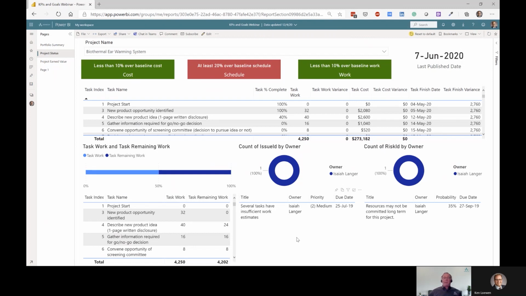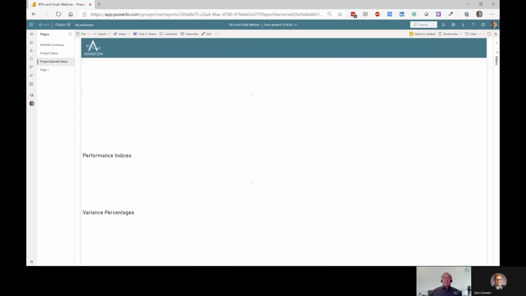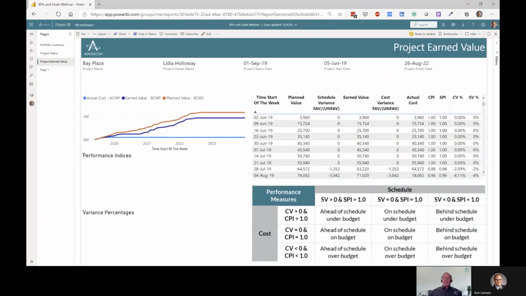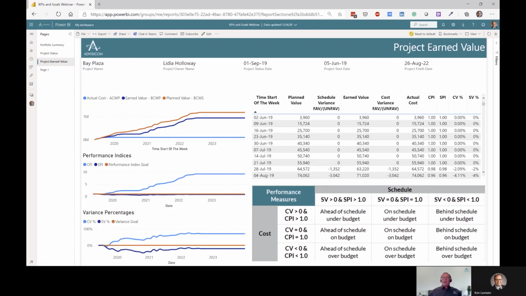And then we may need to simplify. We want simple definitions so that people are easily able to interpret the information, and we may find it necessary to provide definitions in the form of our reports and dashboards so that our users have the constant reference as to how to easily interpret that information. We could certainly go farther, and we could change the values that we're displaying here so that they are saying, if it's negative, they're saying it's a $1,352 unfavorable schedule variance, and spell that out. It just depends on how we want to use our real estate and how it's most easily interpreted by our